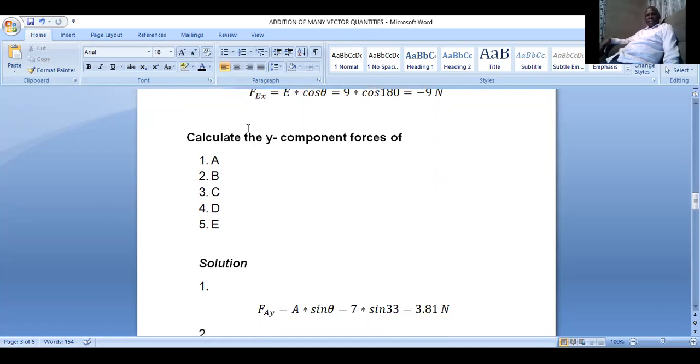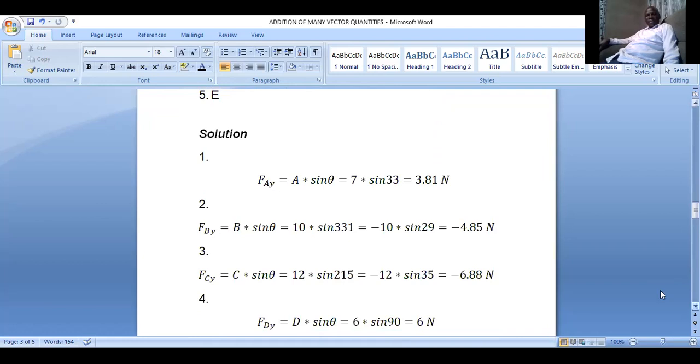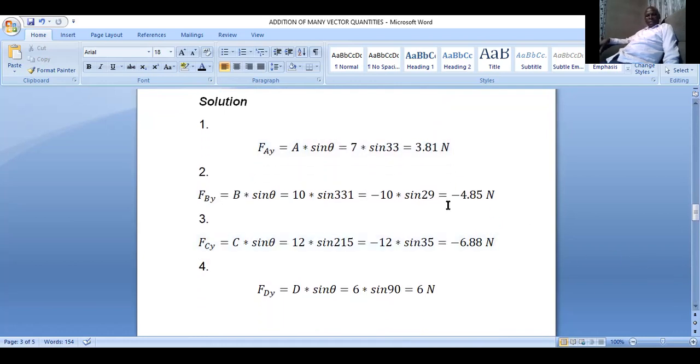So let's now learn how to resolve forces in the y component. We do the same. The only difference is that now we're going to have sine. The angles will be the same. So we can say A sin theta, which is 7 times sine 33, which gives us 3.81 newtons. This one will be positive. Then for force B, it will be 10